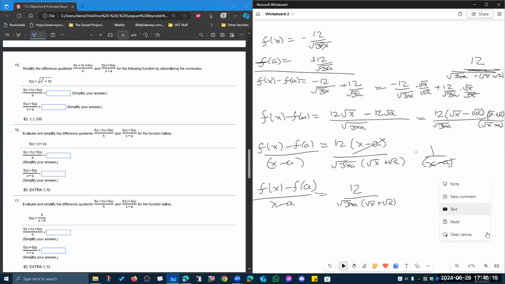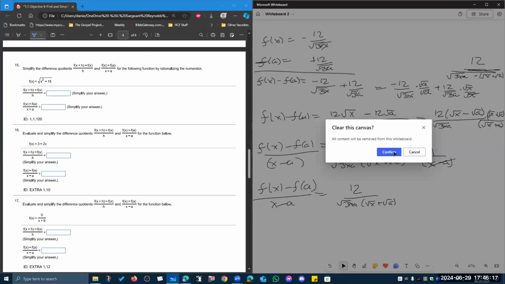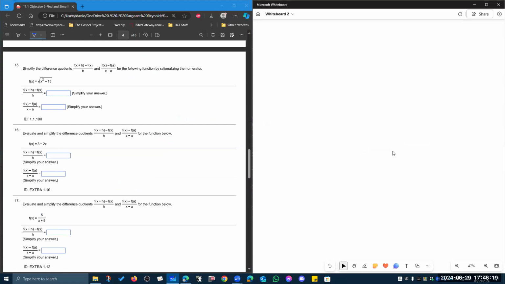Ooh, now this one looks a little harder still, but then we get a couple easier ones to wrap up with that are extra problems that aren't even directly from the textbook. They're just in the online portion. So